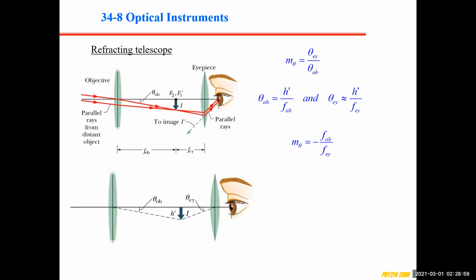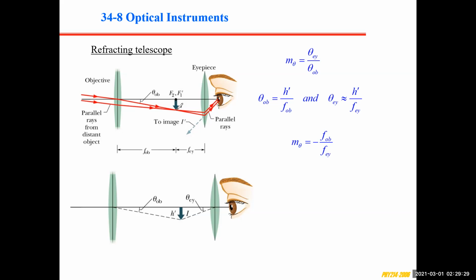This is what we call the refracting telescope. It also consists of two lenses. We have this called the objective, and this is called the eyepiece. Remember, the object is so far away. We usually use the telescope to observe a star or a planet. They are so far away, so the light rays from your object are coming from a very far away distance. Parallel light rays come through the first lens,